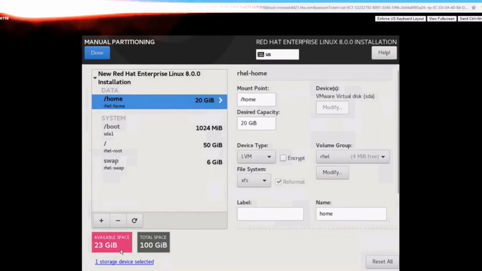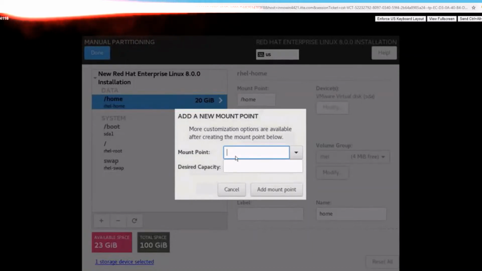Now 23 GB is available. I want a custom mount point. I select slash. I don't want var. I want some other data, so I will enter data. You can create any mount points, and I have given 22 GiB for this.